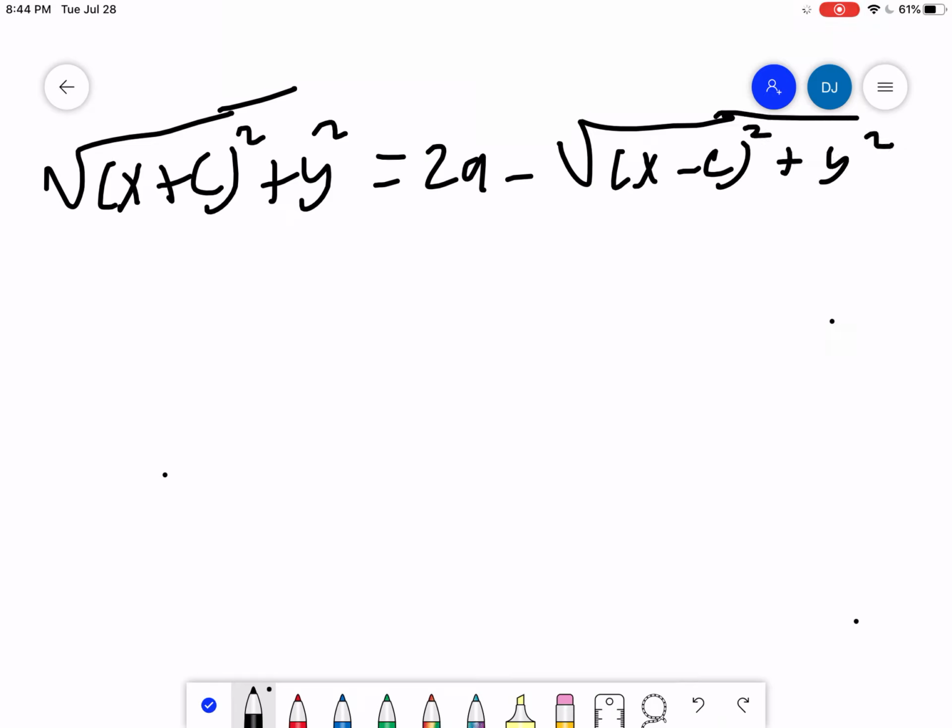Now, the second step is to square both sides. If we square both sides, we're going to expand the binomials that we have. So if we square both sides and expand all the binomials, we get x squared plus 2cx,